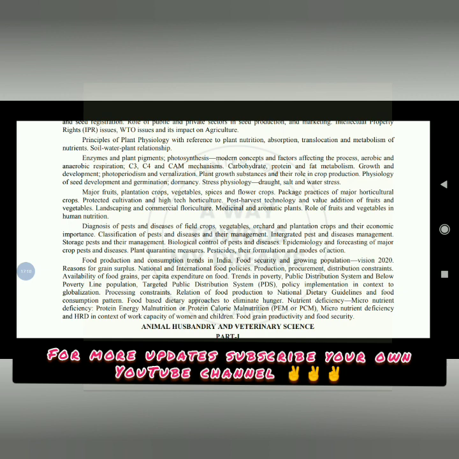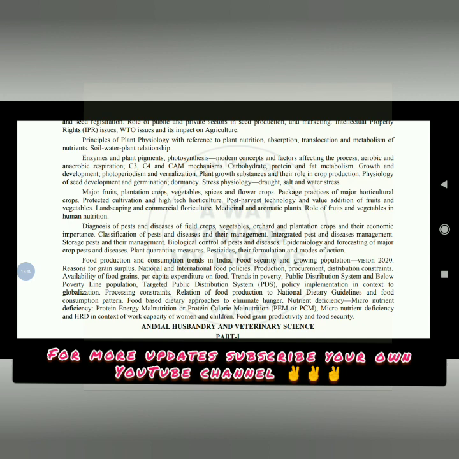Post-harvest technology and value addition of fruits and vegetables, landscaping and commercial floriculture, medicinal and aromatic plants, role of fruits and vegetables in human nutrition, diagnosis of pests and diseases of field crops, vegetables, orchards and plantation crops, and their economic importance, classification of pests and diseases and their management, integrated pest and disease management, storage pests and their management,